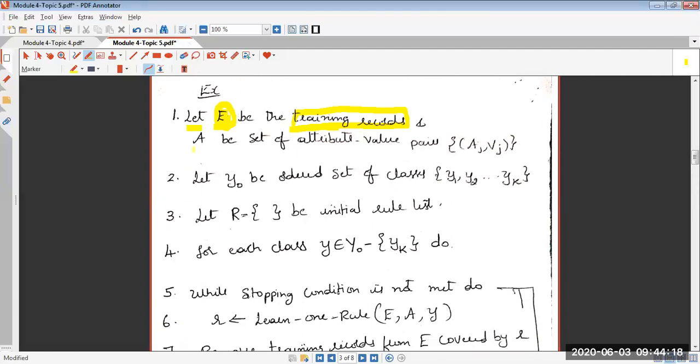Now, what has the author specified? You are aware of how a record is identified. A record is identified by attributes. For example, if it is a student record, he will be identified by attributes like name, USN, maybe email ID, mobile number. In those lines, each and every record will have attributes. So the author has labeled the attribute as A.